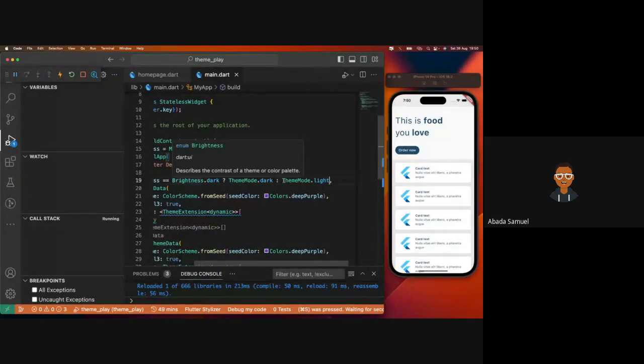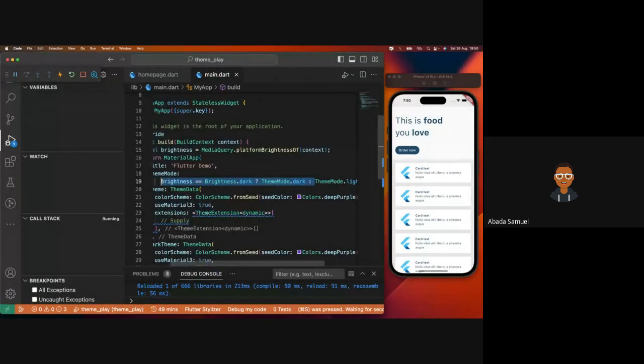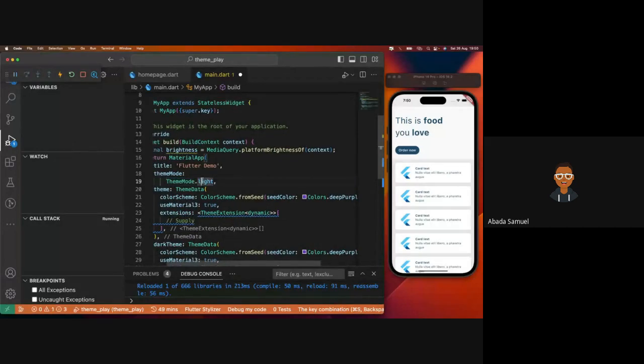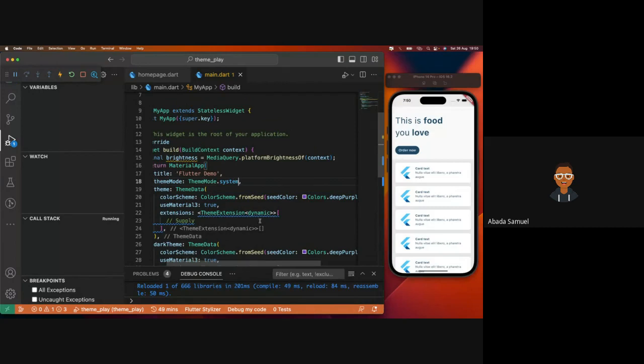Or we can just use the system instead. So we set it to the system theme mode, and then we realize that